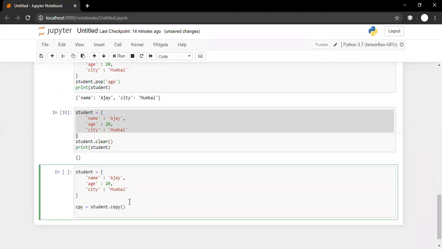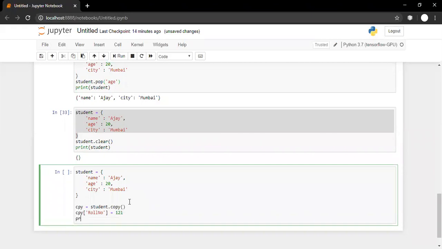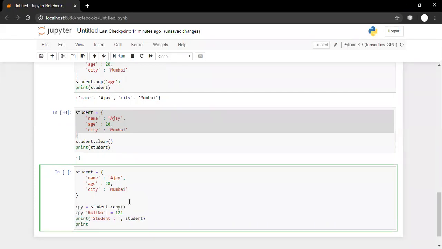So I have created a copy in the cpy dictionary, and then we are adding a field to this copy of the student dictionary, let's say roll number is 121. Now let us print the original student dictionary, and then we are printing the cpy copy.